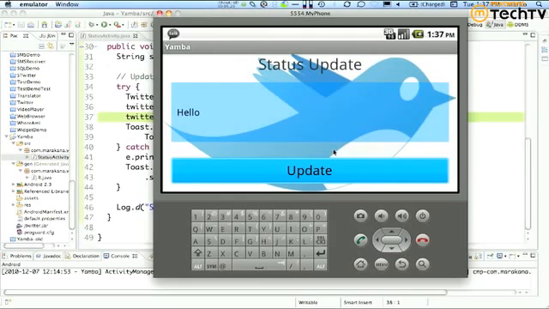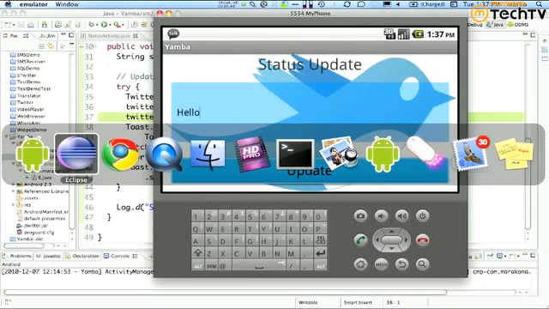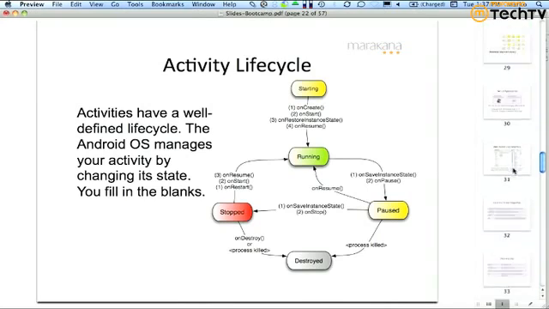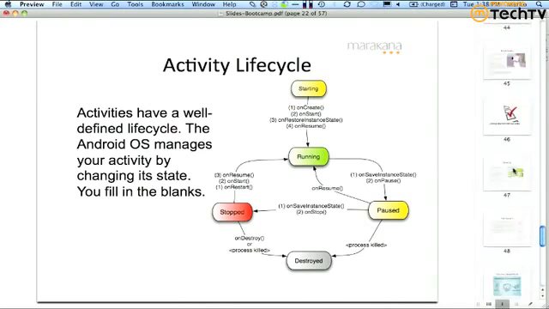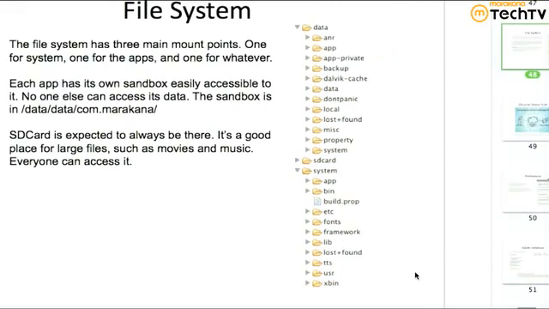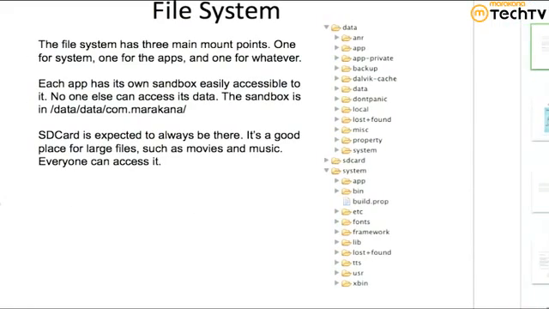Okay. So to measure the execution of this, we're going to use a tool called Traceview. But before we can use that tool, we're going to need to generate a trace file. Before we can generate a trace file, I need to explain to you what the file system looks like. Okay. So I'm going to jump to a quick section here on the file system, just to talk really briefly about that. And when I say file system, I'm referring to the file system of the actual